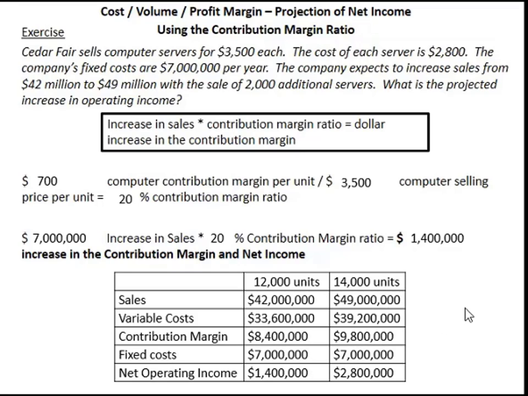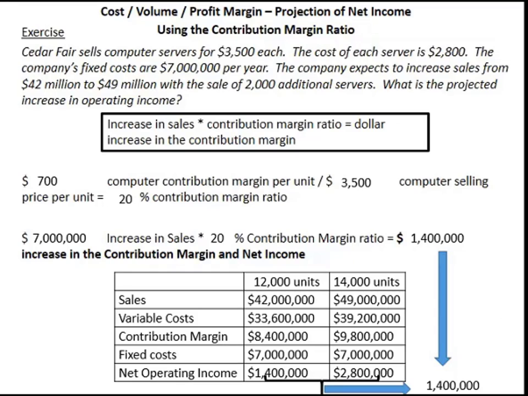So my net operating income at the end of the day is going to be $1.4 million for 12,000 units, and it's going to go to $2.8 million for 14,000 units. Now you'll notice that the change in net operating income between those 12,000 units and 14,000 units, or if you will, $7 million in sales, equals what I predicted, the $1.4 million out of the contribution margin ratio. So that's how we can measure